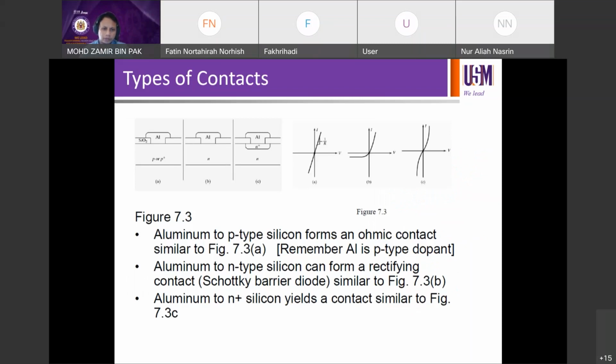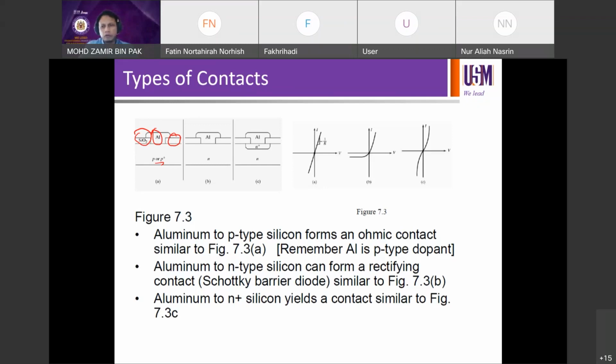Okay, you can see this figure 7.3. Aluminium to p-type silicon forms an ohmic contact. For example, you can see here aluminium sitting on P or P plus, and then you block some other areas with SiO2. And then you mask some area, and then you open certain areas for contacting purposes. Maknanya aluminium contacts with silicon, whether the silicon is P or P plus,